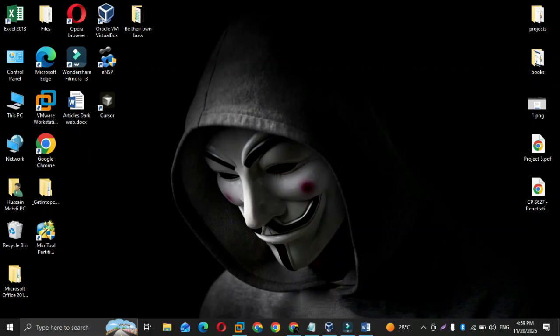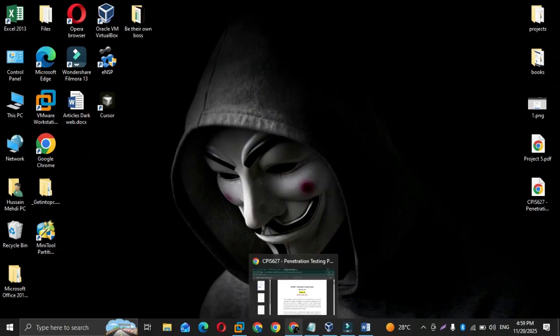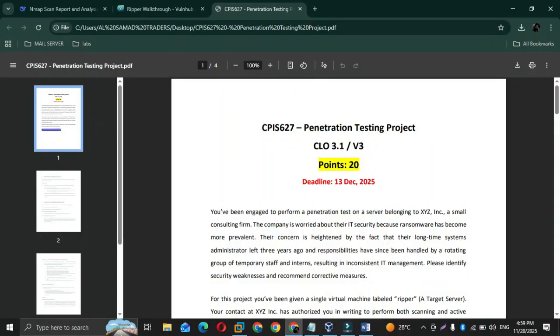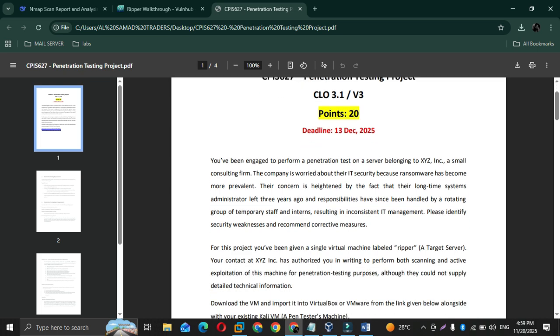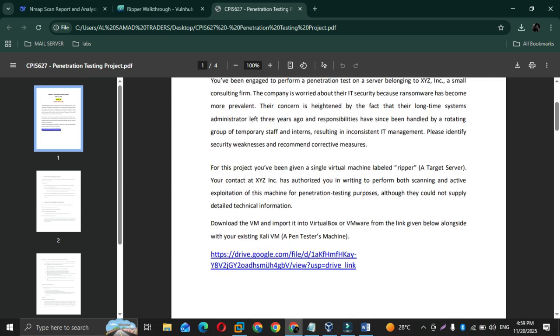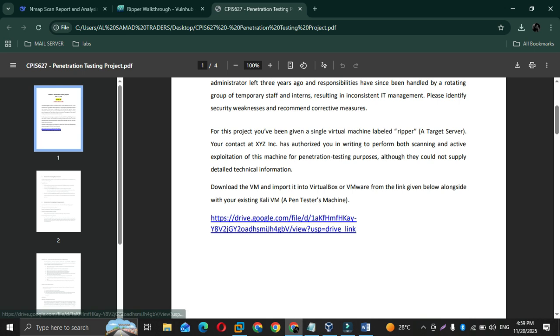Hello, today I'm going to share how I completed this project and what the requirements are. Basically, your project consists of penetration testing, and the core task is to target the Reaper machine. This is your Google Drive where I can download the OVA of Reaper, and after that,